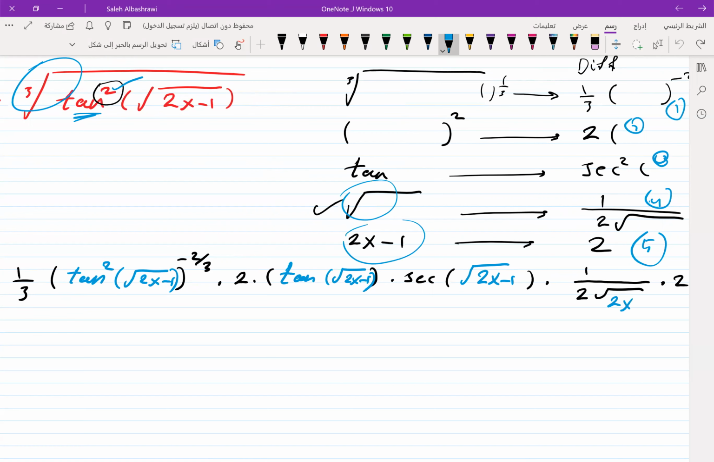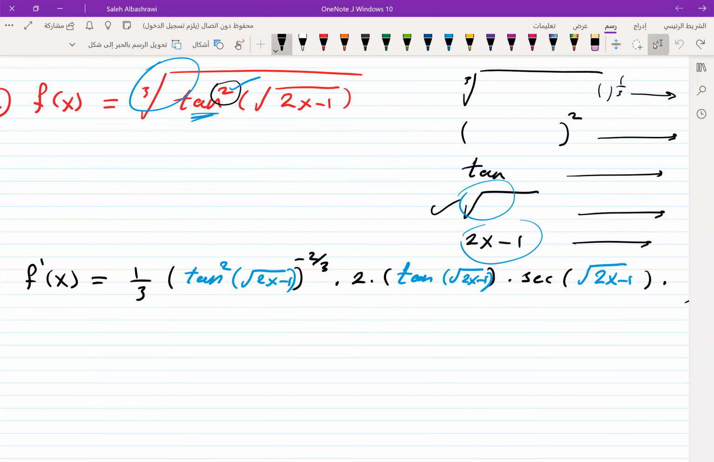It is 2x minus 1. Then we differentiate the last one, which is the derivative of 2x minus 1 will give me 2. These 2 can be cancelled with this one. So the derivative now is equal to, let's bring it at the front, it is 2 over 3 multiplied by